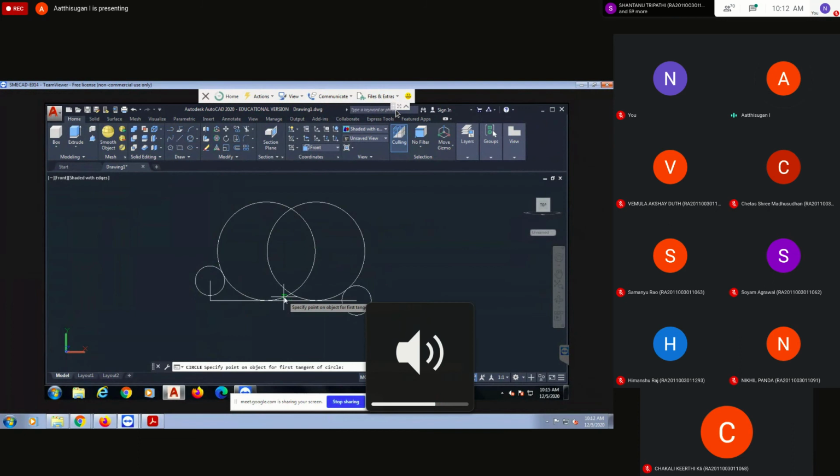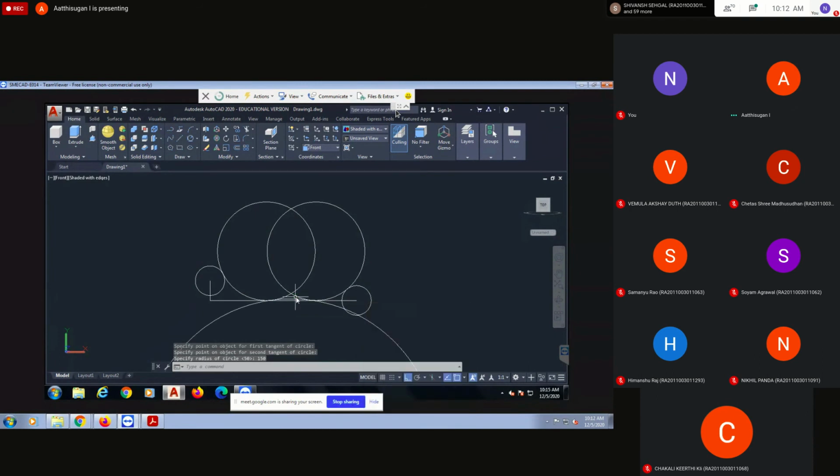Select this circle, select this circle, radius is 150. That will be the opposite line; it will be coming opposite.